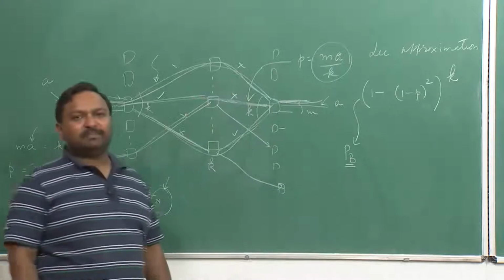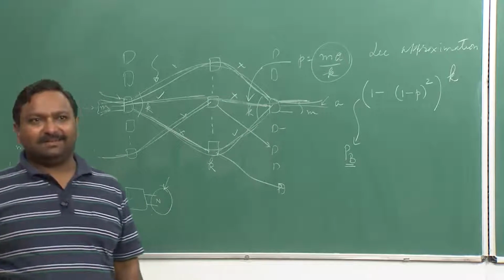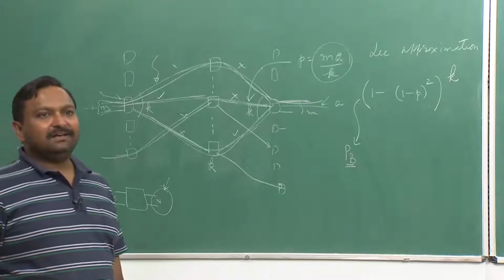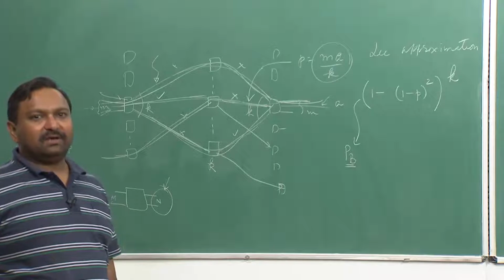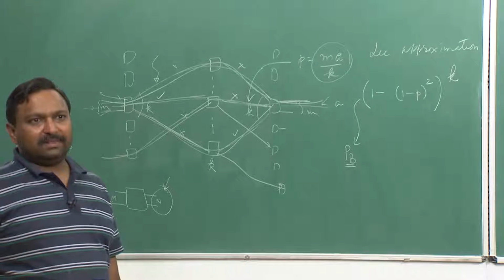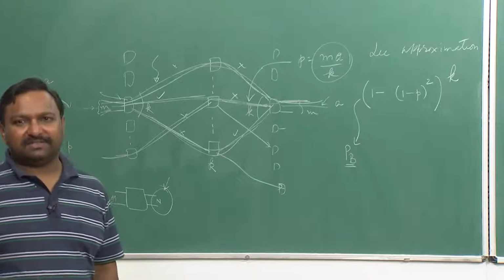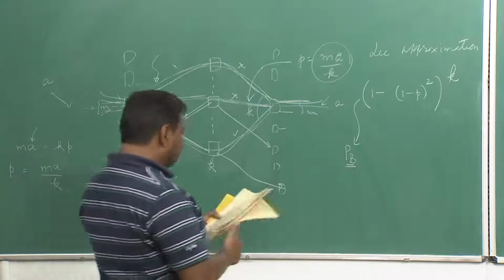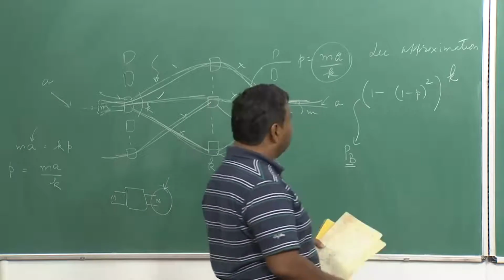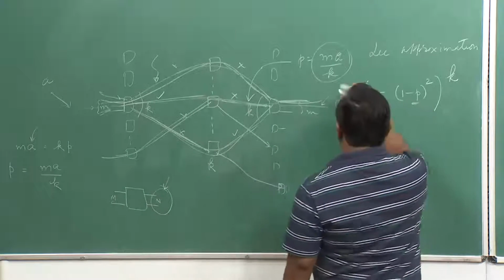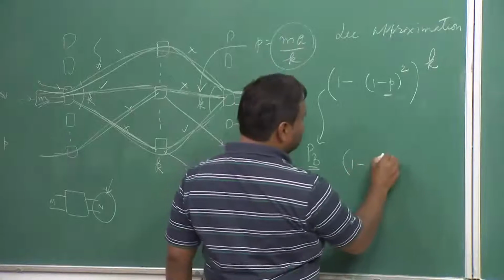Remember, this is the switch being in a blocked state: this is time congestion, not call congestion. This is the probability that the switch is in the blocking state. Okay, this is what is known as Lee's approximation, and of course I can replace p by this, so it will become 1 minus